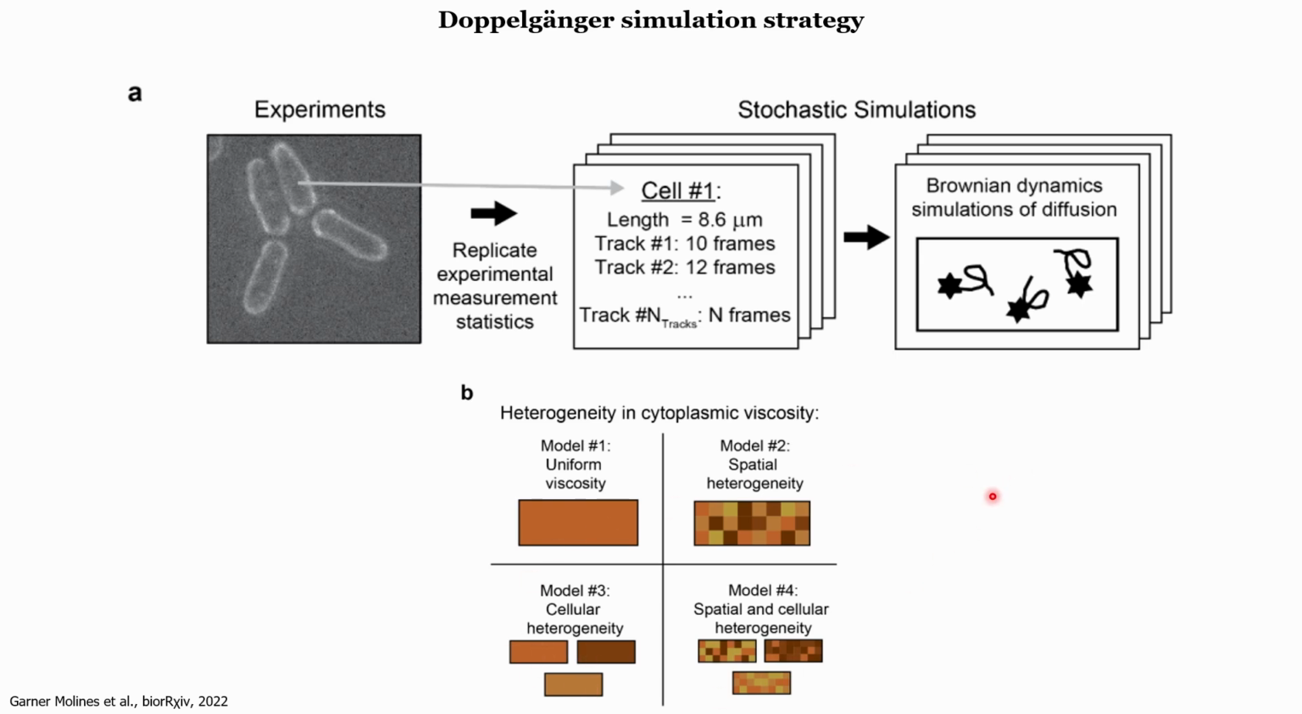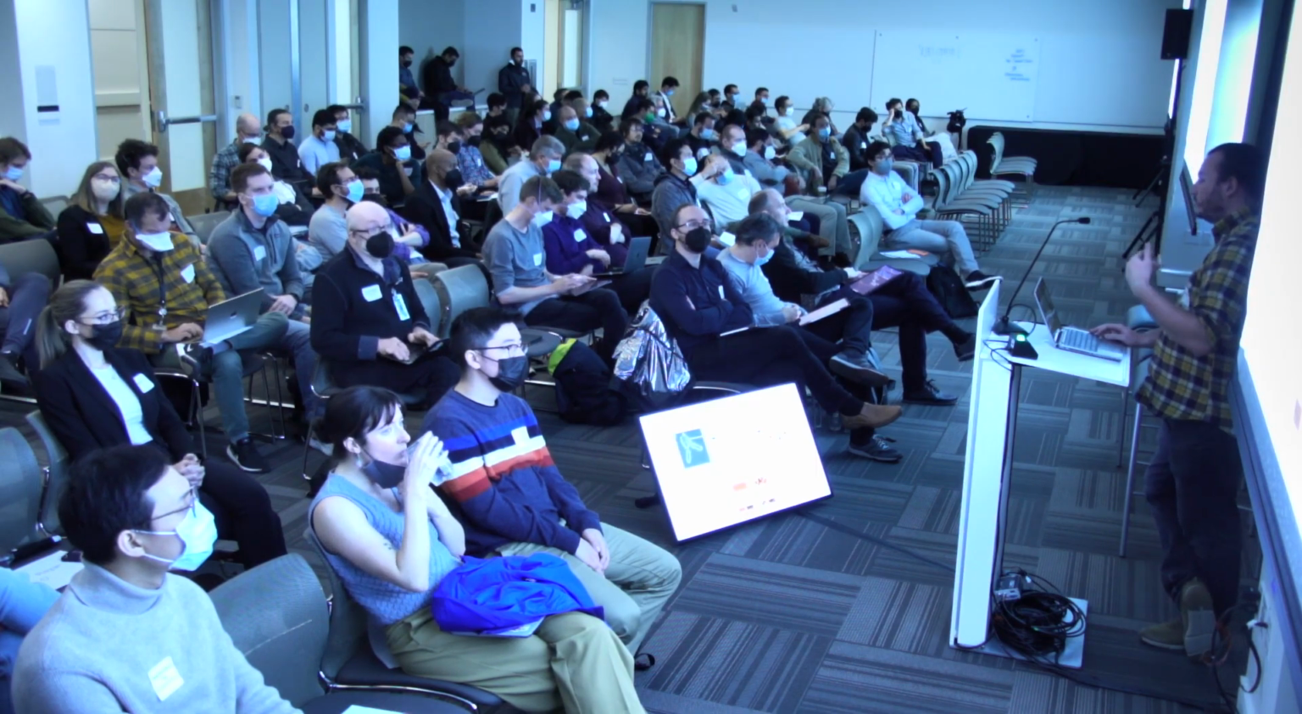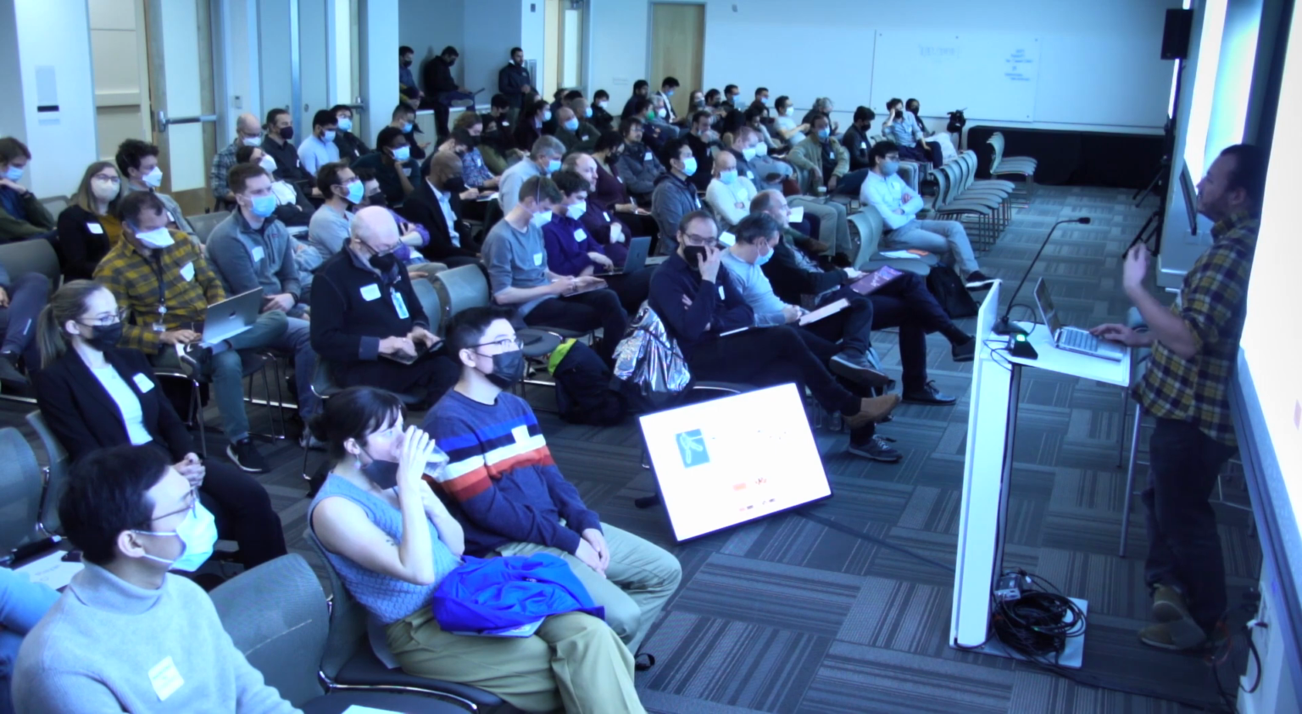Then model 3 is cellular heterogeneity, where the cellular averages are different, but the inside of each cell is homogeneous. And then model 4 is a combination of 2 and 3. The averages of cells are different, and also inside the cells are broken down in a random pattern of viscosity. And so if we do that, we can run the model, generate the simulated data sets, and compare their statistics